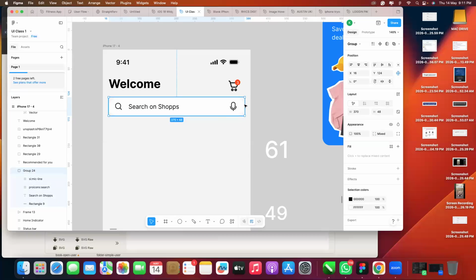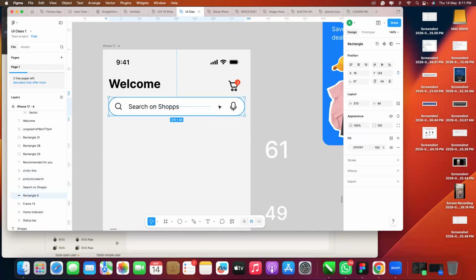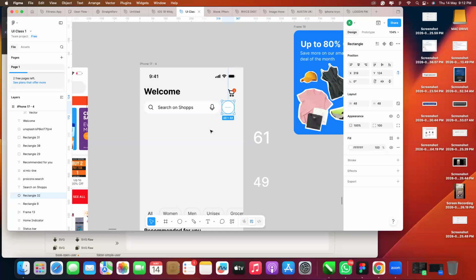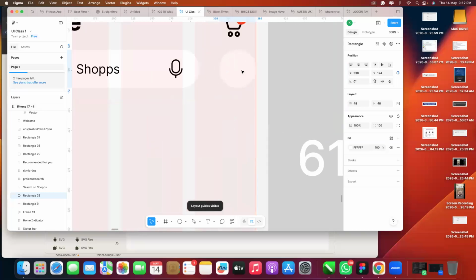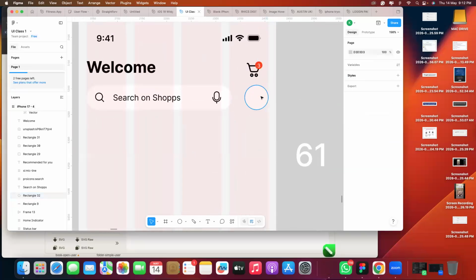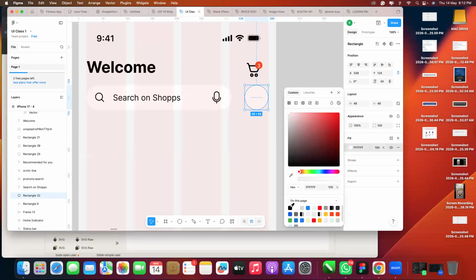So let's say I want to add this was it. So here also. Okay, grid on. Well,